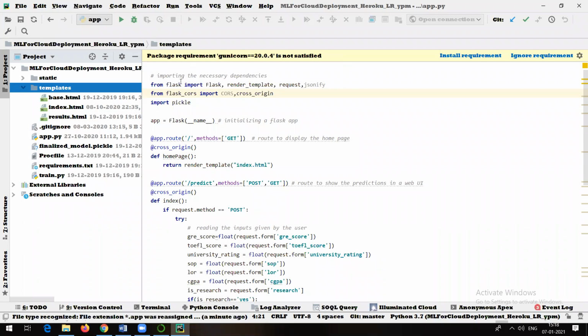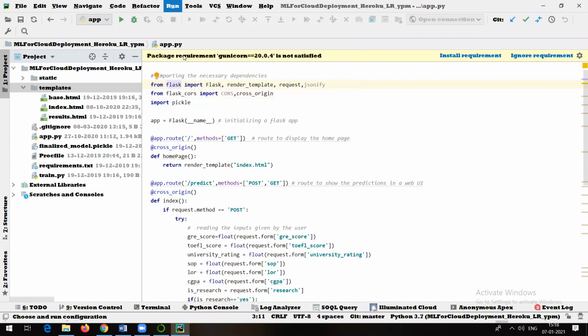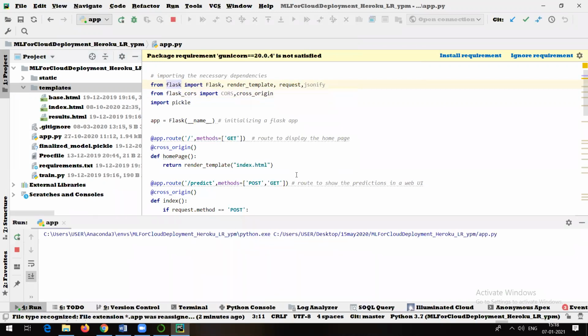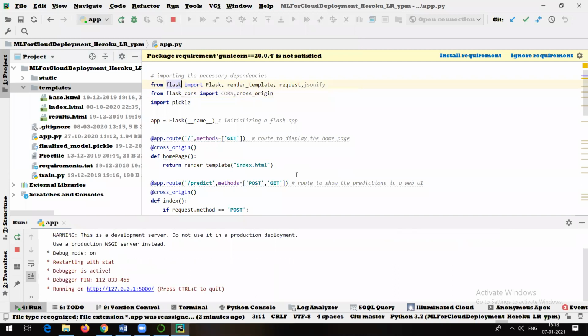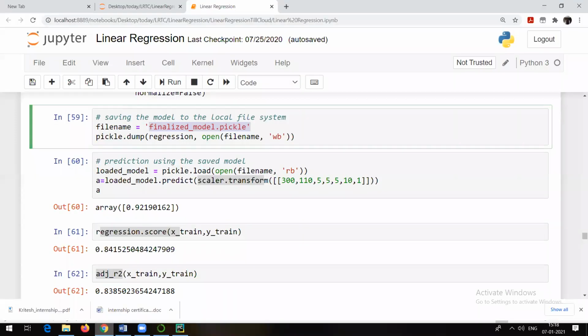Let me show you a final product here. See, I will go to run and directly run this code. Now you will be able to see the HTML page, front page. First of all, it will show us a link, and whatever link I get, I will just copy that link. Now see, this particular project or application is currently running on my machine. If you see 127.0.0.1, this is actually local. Let me copy this link. Let me go to the browser and open a new tab and paste that particular link here